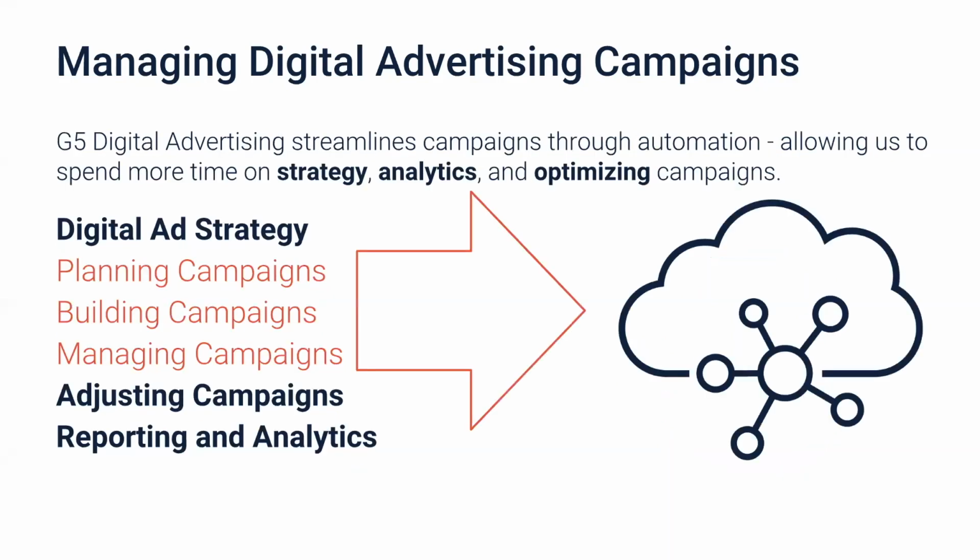G5 automates the most time-consuming aspects of digital advertising management. This allows us to focus our attention on optimizing campaigns based on how they're truly performing, and really gives you more time to do everything else that you're expected to on a day-to-day basis. We do this by automating campaigns based on strategy, dynamically displaying pricing or turning on and off ads based on inventory availability through integrations with your other vendors, and through more precise lead attribution to campaigns via call insights.